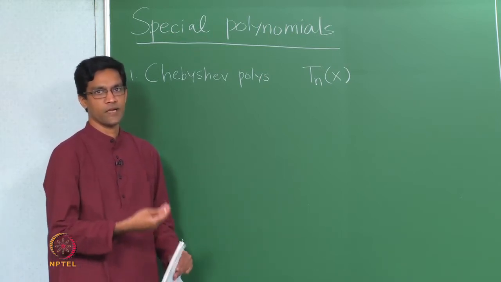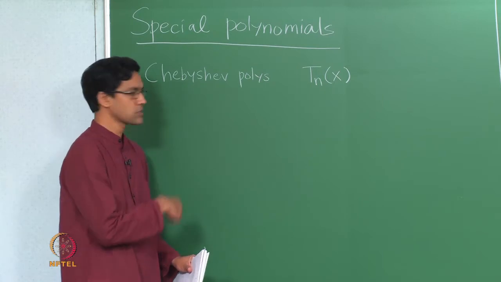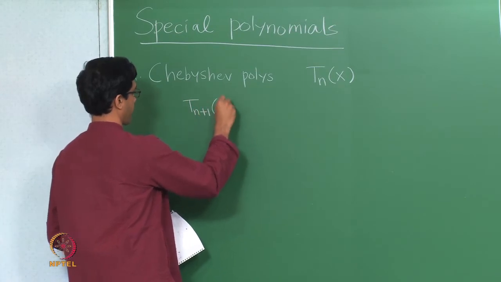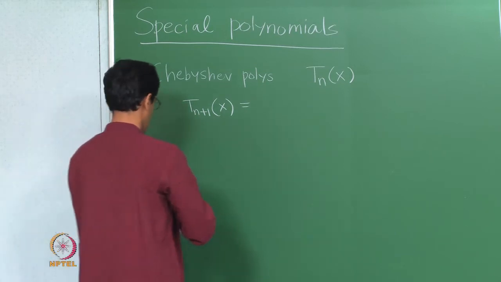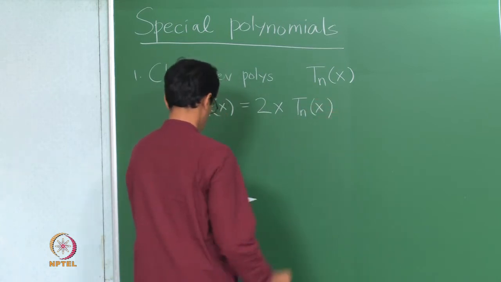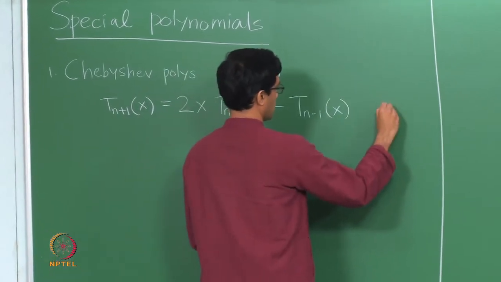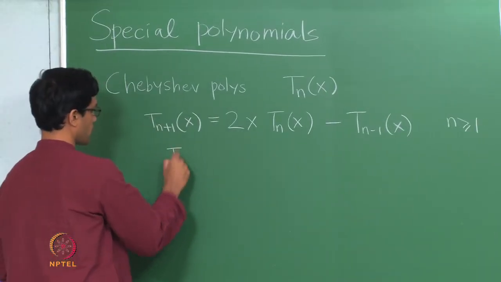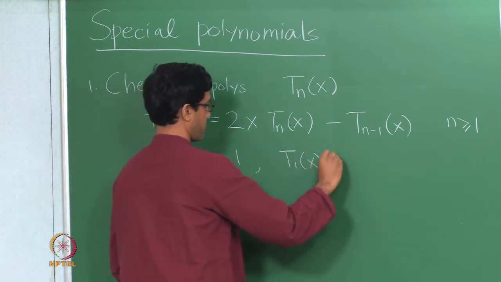That was the main definition we gave of Chebyshev polynomials, but it was also given by a recurrence relation, and recall the recurrence was the following. Tn plus 1 of x was 2x Tn of x minus Tn minus 1 of x. This recurrence was satisfied provided n is at least 1, and we were given some initial conditions. We knew the first two values: T0 was 1 and T1 was x.